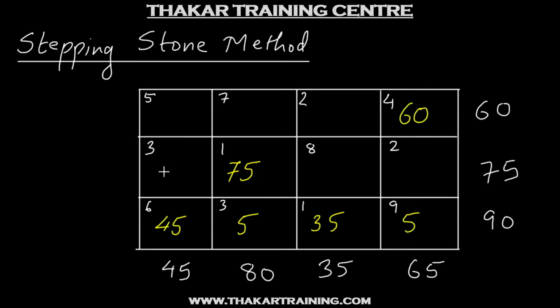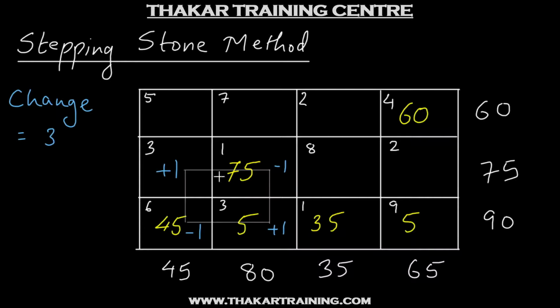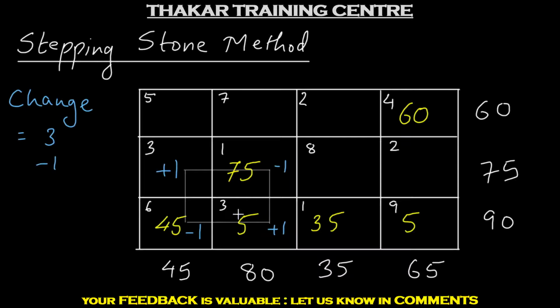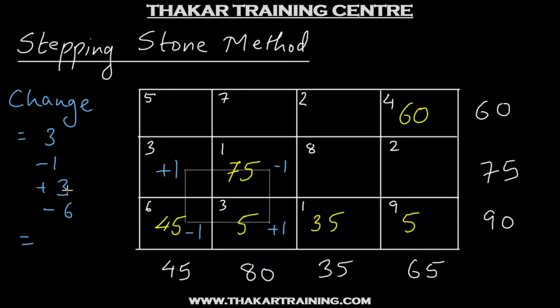So look at this cell now. We'll add 1 unit to this cell. This is a loop which includes the cell. So we'll do minus 1, plus 1 and minus 1. So the change in total transportation cost will be, we have 1 unit added at the rate of 3, so that is 3. 1 unit reduced at the rate of 1, so that is minus 1. 1 unit added at the rate of 3, so that is plus 3 again. And 1 unit reduced at the rate of 6, so that is minus 6. So the total change is, we have 3 plus 3, 6, minus 6 is 0 and minus 1, so minus 1. So here what we find out is, for every unit that gets allocated to this cell, the total transportation cost will come down by 1. So it is beneficial to add units to this cell.